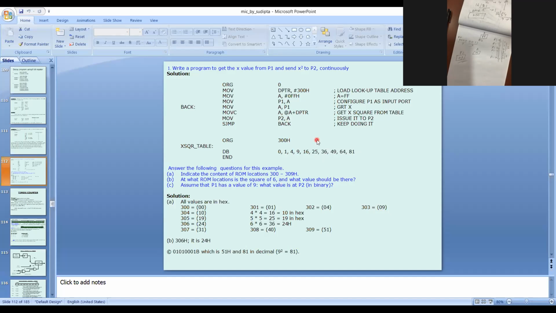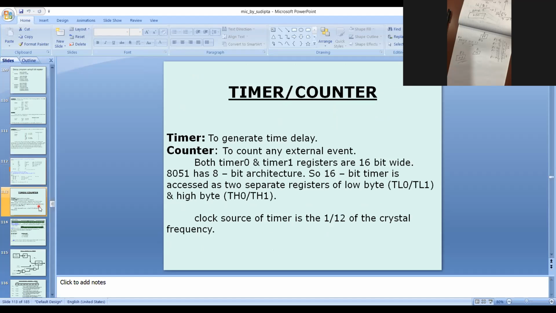Next. There are 2 timers or 2 counters. I already told you. This is a new chapter. I already told you that we have several SFR registers which are explained later. It starts from PSW. I already gave only one explanation, that is the PSW. The rest will all be discussed.